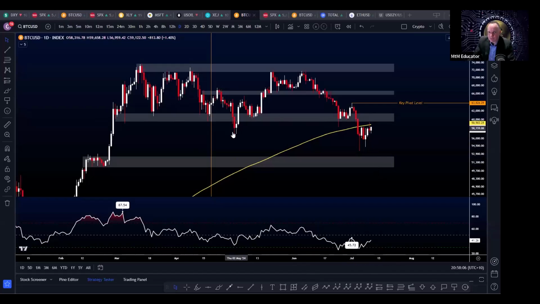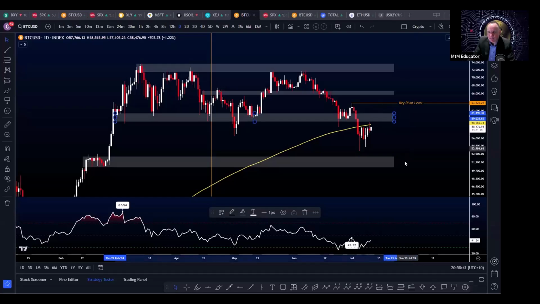What we need to see is that we break up, come back down like we did back in May, retest this, flip it back into support, and then start to move up. A key pivot level that we have to take is 63.8K. That is a very, very key level. As long as we're below the 200-day moving average, below this key support and resistance, which ends at 61.5, and below 63.8, we've always got a risk that any bounce here is just going to be a lower high and